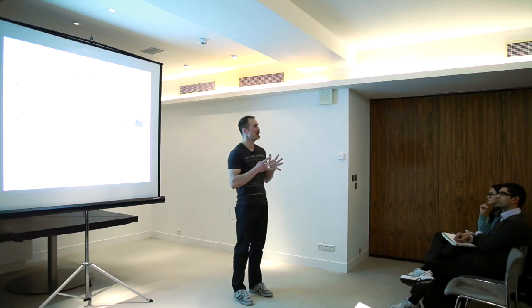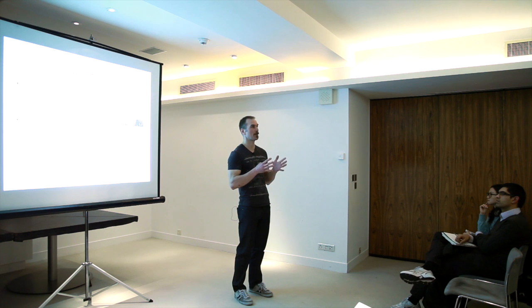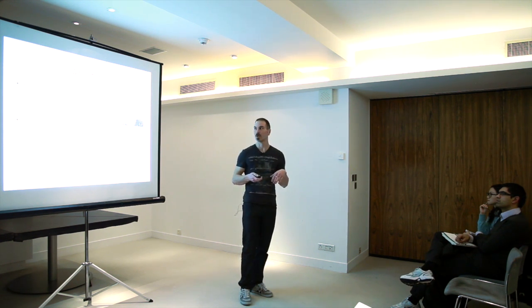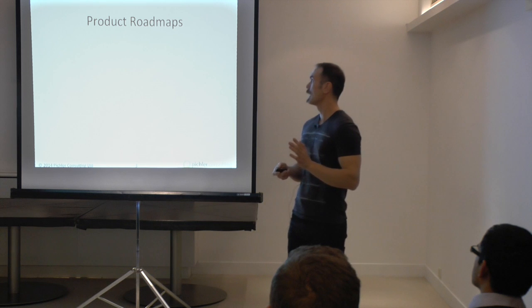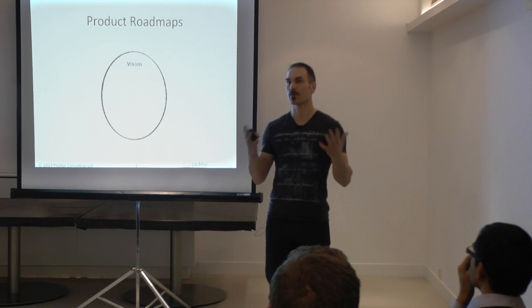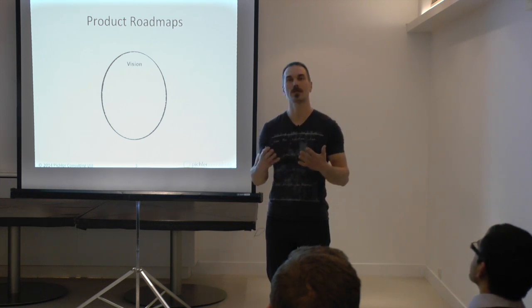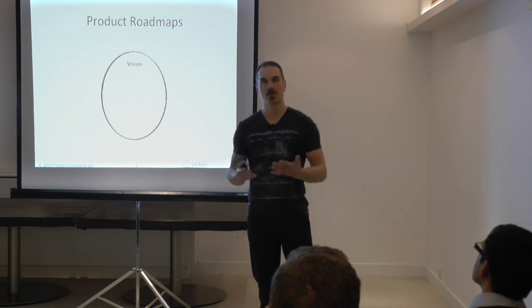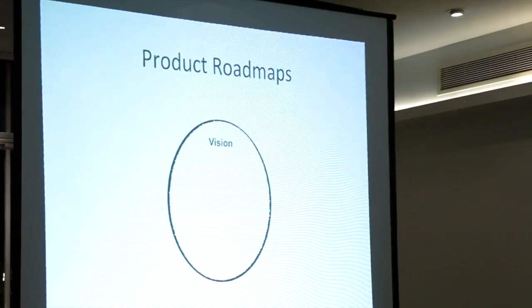To get started, I thought it might be a good idea to just take a few minutes and reflect on what are roadmaps and why should we bother with them anyway. Does that make sense? Good. So, product roadmaps. I find it helpful when we talk about road mapping and product planning in general to distinguish three different planning layers or levels, if you want. The first one really is the vision, the overarching goal that we're trying to achieve, the reason why we're building a new product, why we're doing something.